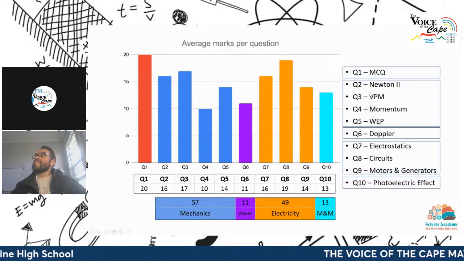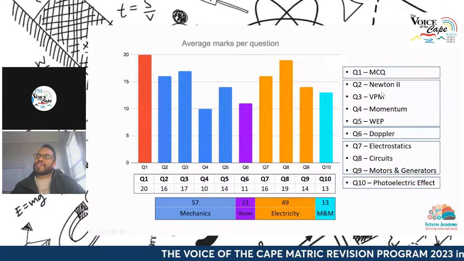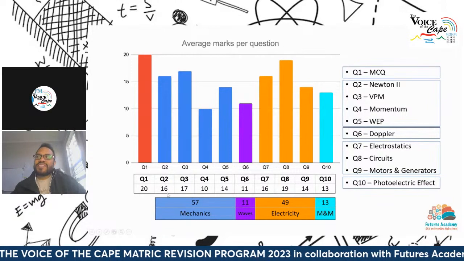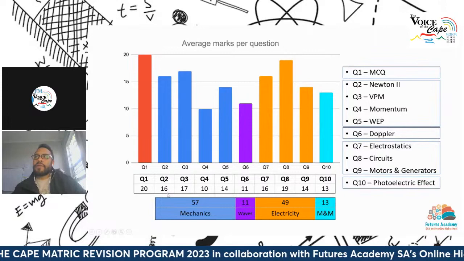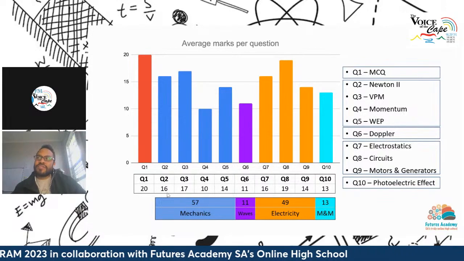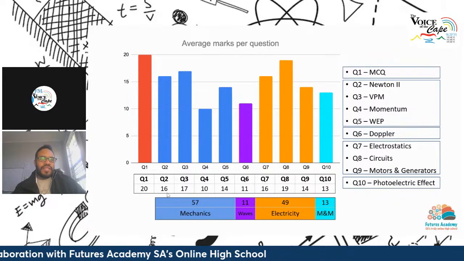We're reminding ourselves that we are now looking at question 2. Question 2 questions involve Newton's second law. Generally, question 2 is approximately 16 marks, could be 17, could even be 18 marks, okay? So that's more than 10% of your examination paper. It's not difficult. It's fairly simple. The methods are fairly simple.